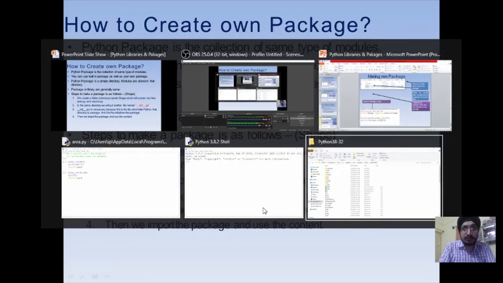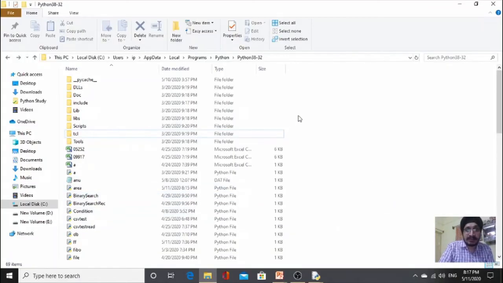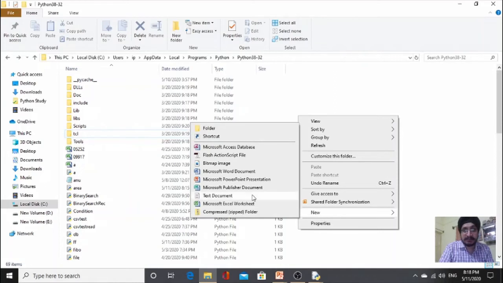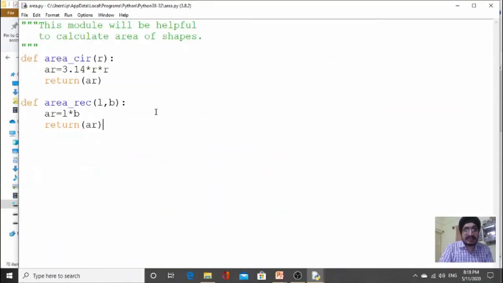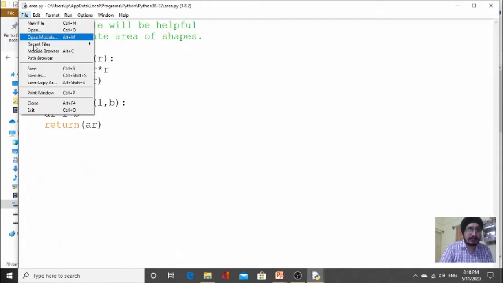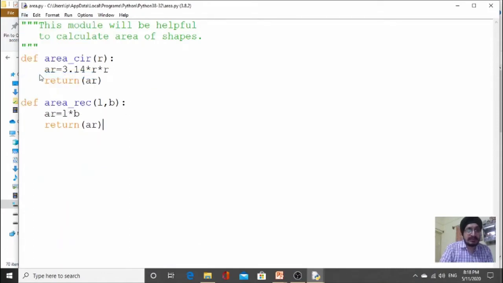So what we are going to do, we'll create a folder called shape. See here, I am making a folder called shape. Then I am saving this area.py module in this folder.